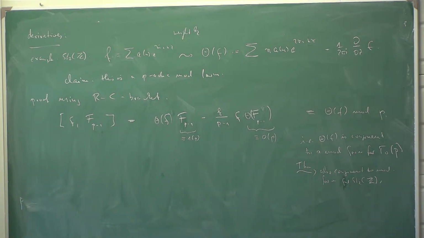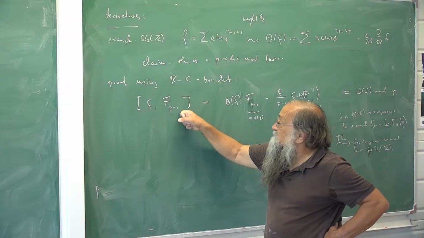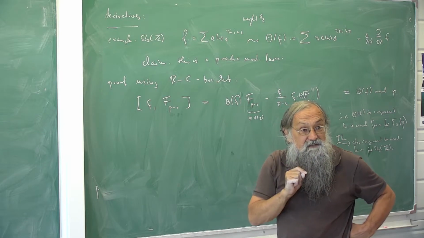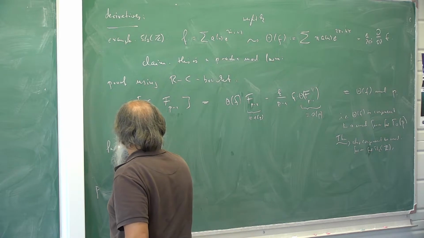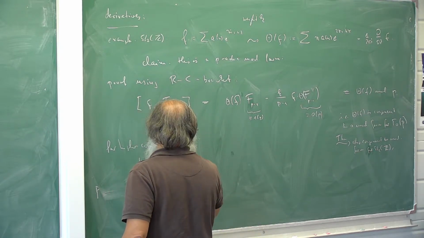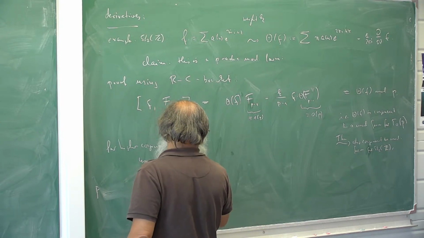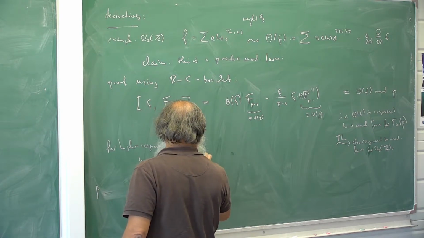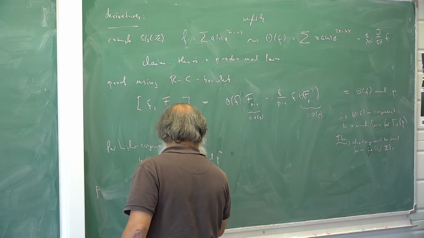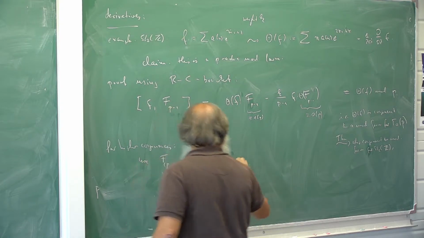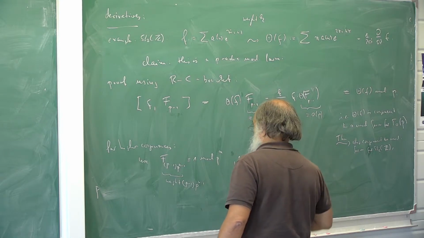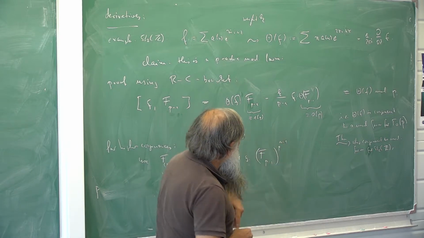What about the higher powers? If instead of f_{p-1} you take something that is congruent to 1 mod p squared, its weight has to be congruent to 0 mod p times (p minus 1). Yeah? For example, you can take just the p-th power here. But the problem is that